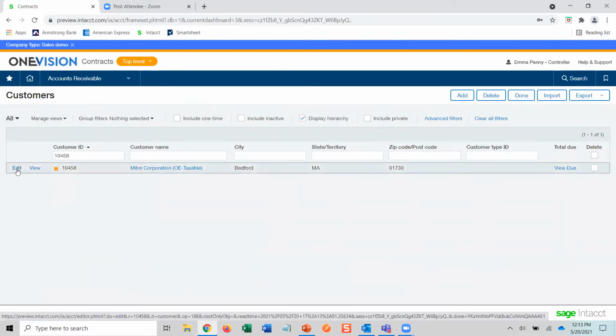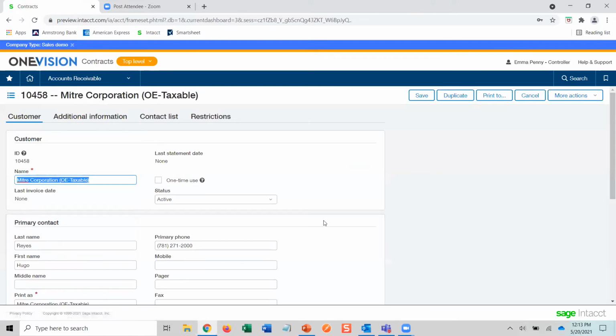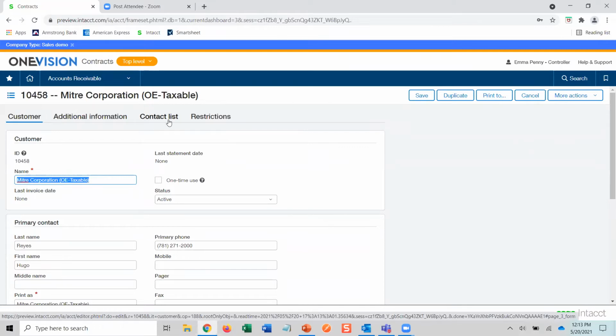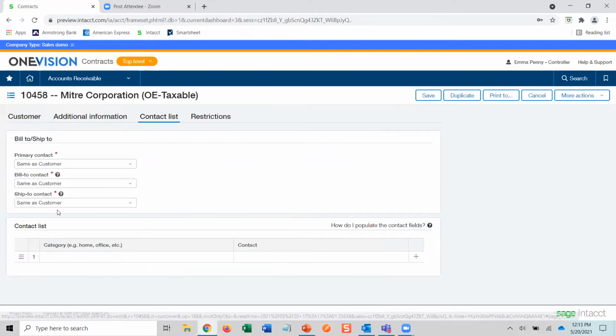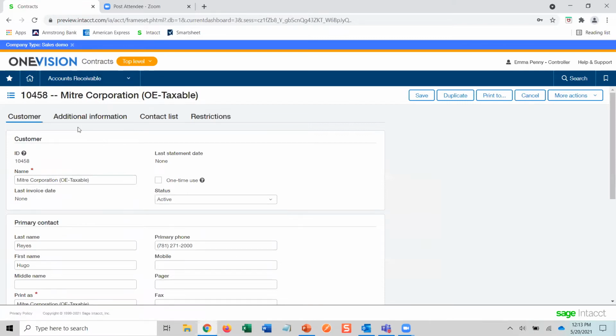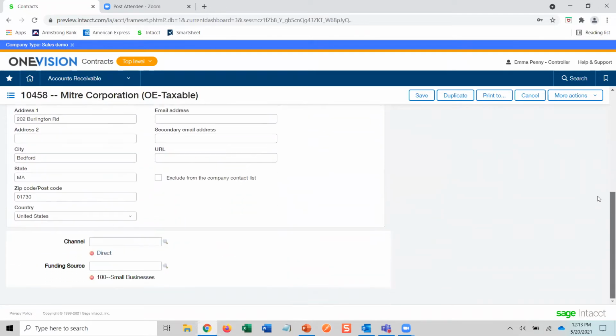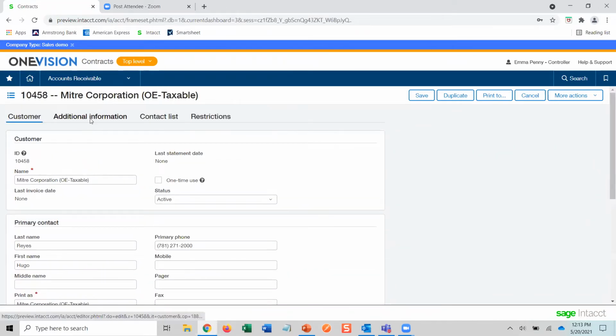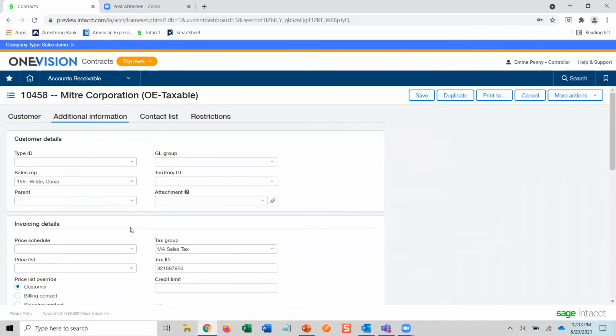And we have a look at this guy. The advanced tax looks at the ship to contact to determine if the customer is taxable or not. Now, as you can see here, the ship to contact is the same as the customer. So we know that since it's the same as the customer, it's going to be using the customer's configuration. So if we go to the additional information, we can see that they have a tax group set up,